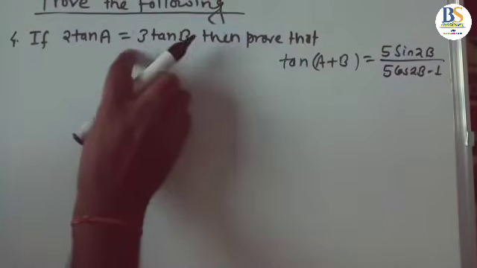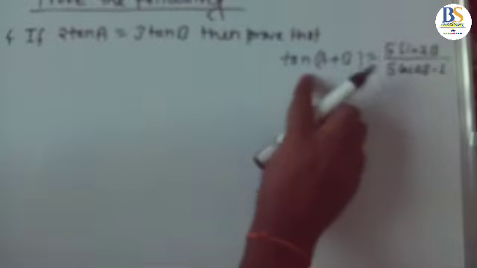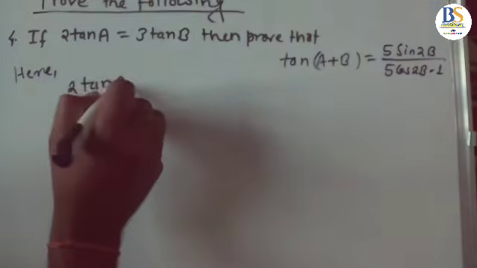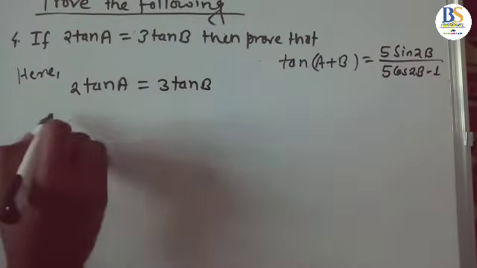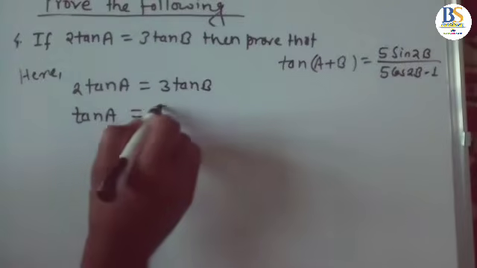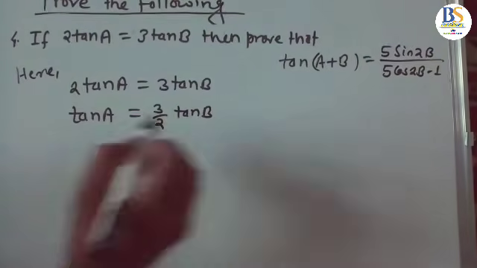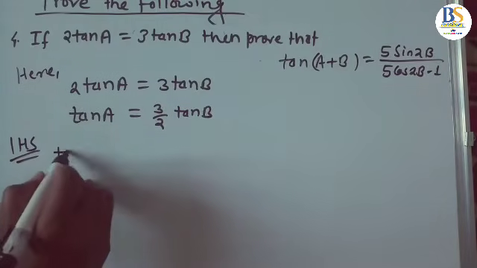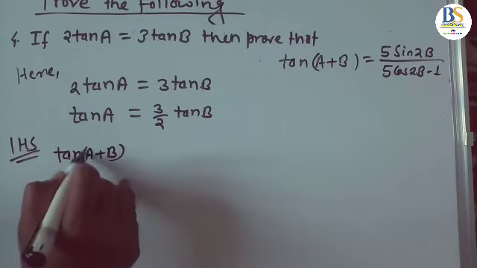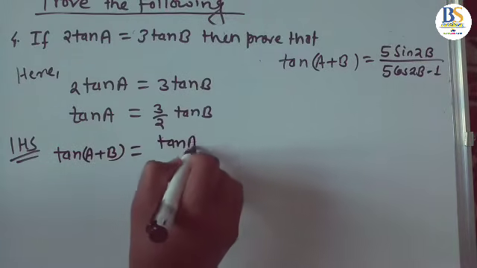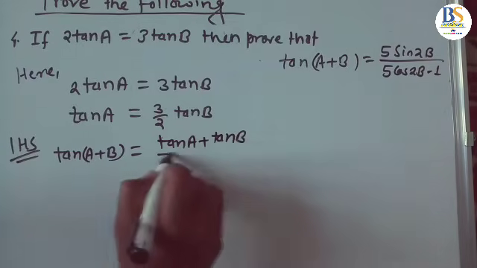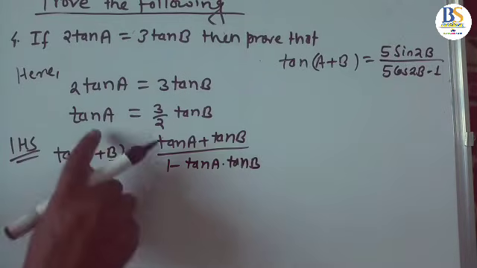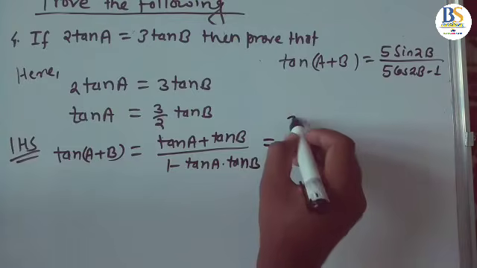Okay, there is 2 tan a equals 3 tan b, and prove that tan(a plus b) equals something. 2 tan a equals 3 tan b, so tan a equals 3 upon 2 tan b. Then from LHS, tan(a plus b) is tan a plus tan b upon 1 minus tan a tan b. Then replace the value of tan a. tan a is 3 upon 2